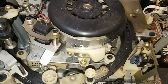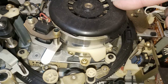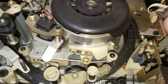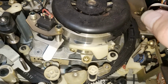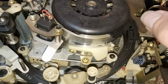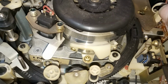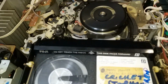So I think the next thing is to give this a bit of a clean, and I will probably give it a clean and let it soak a bit. I won't clean the isopropyl off, leave it as long as I can, and then I'll give it another clean, just give it a standard clean, and see if that does the trick. So giving it a quick clean, and